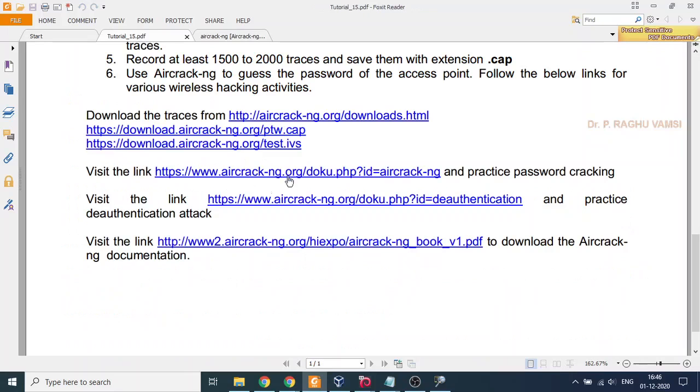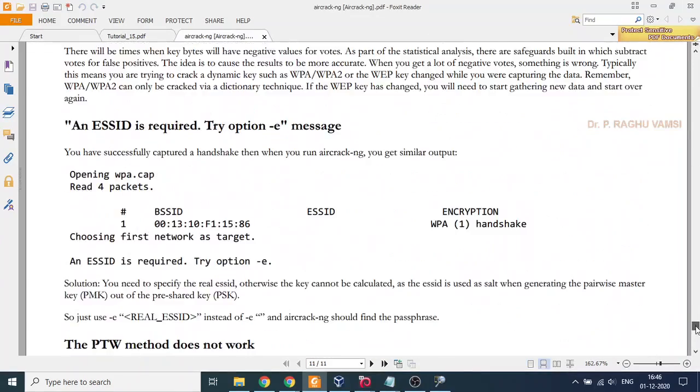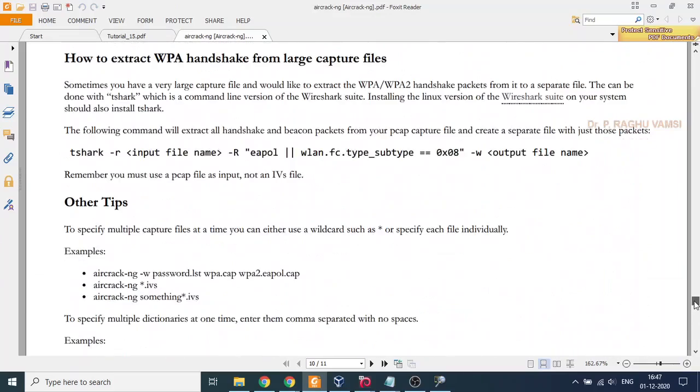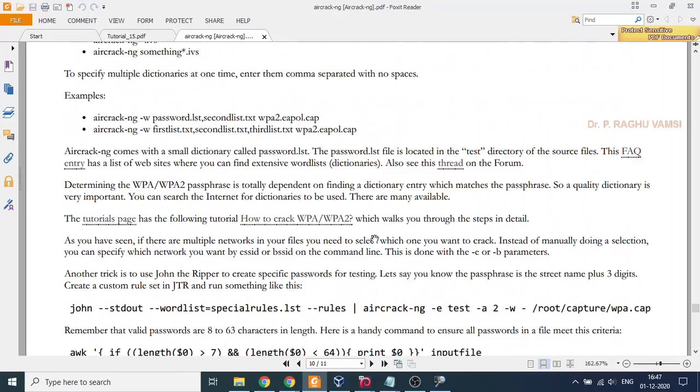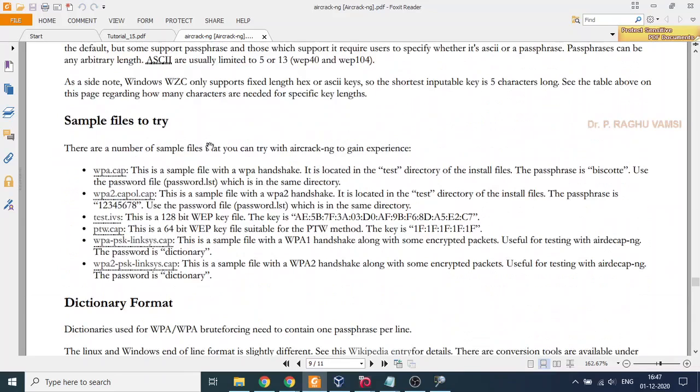So for that, since we don't have the equipment, if you want to have equipment, then you need to purchase that USB Wi-Fi card. So what I did is I have already downloaded some cap files, PCAP files that are available in the Aircrack-ng website. You may also download from this link, or you may go to the Aircrack-ng documentation. At the end, last 1 or 2 pages, they have given simple files to try. So here WPA.cap,